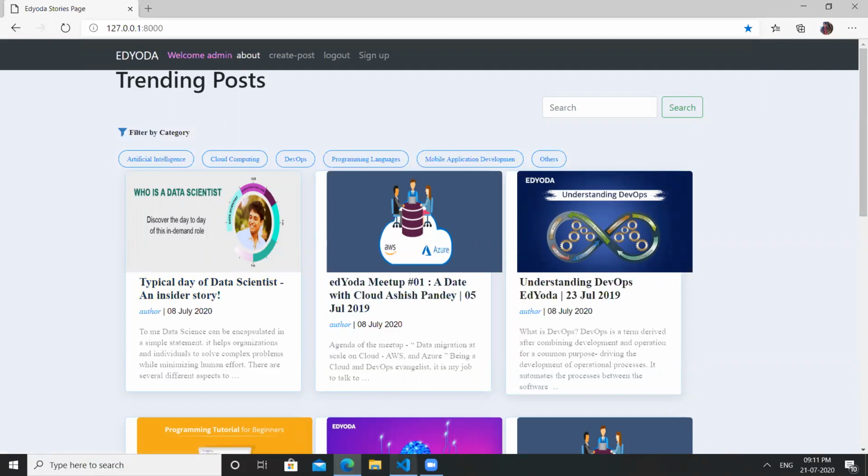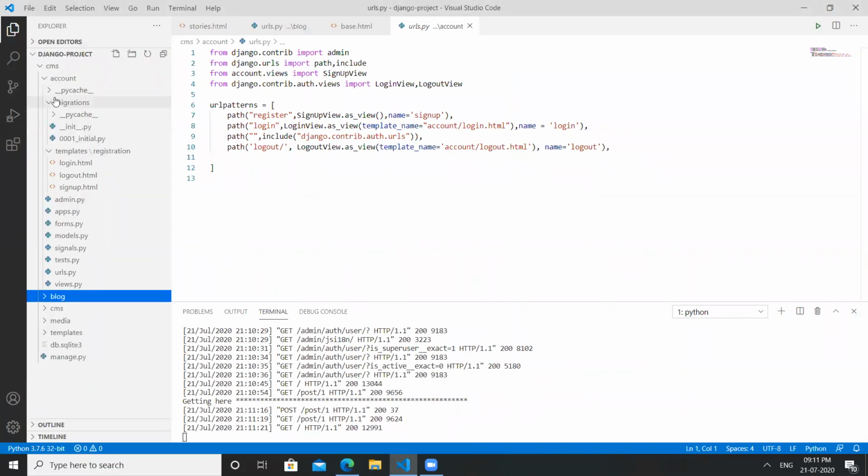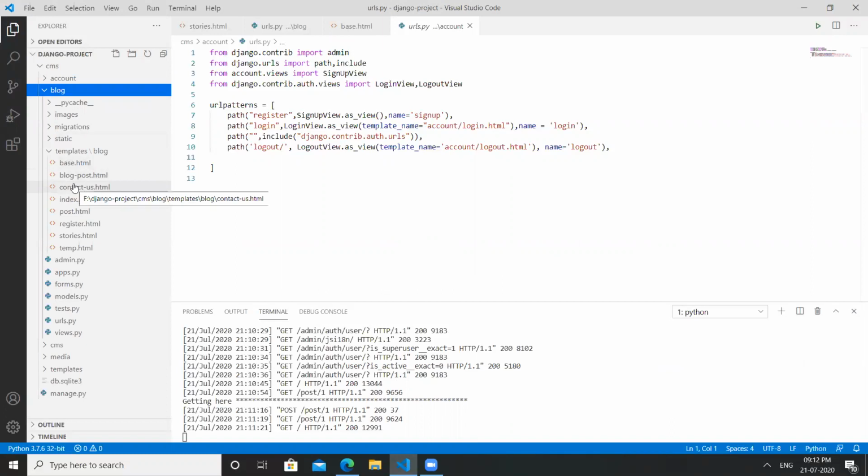And coming to the back end of this Django framework, here we created a project named CMS, and we have created two applications inside this CMS. One is account and one is blog. The total blog application is related to the information about the post and the actions of the things from